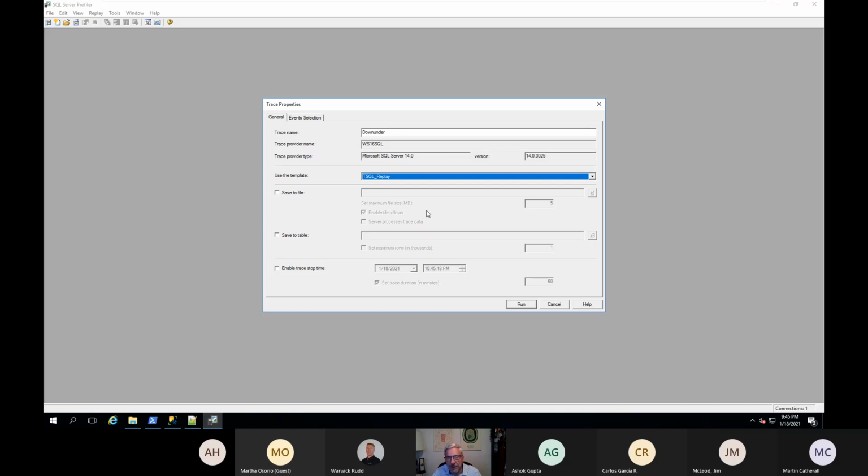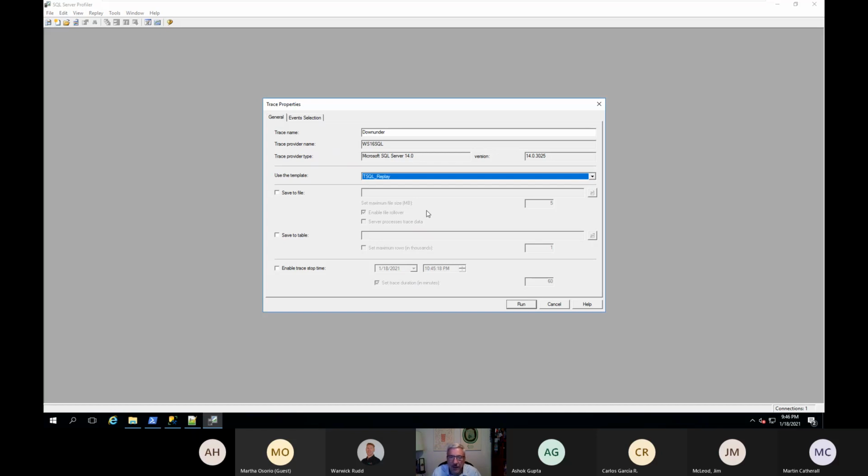All right, the replay template captures enough events that you can, with the captured trace data, replay that workload at a later point in time. How have I used this in the past? At one point, I had to do performance comparisons between two different server architectures.